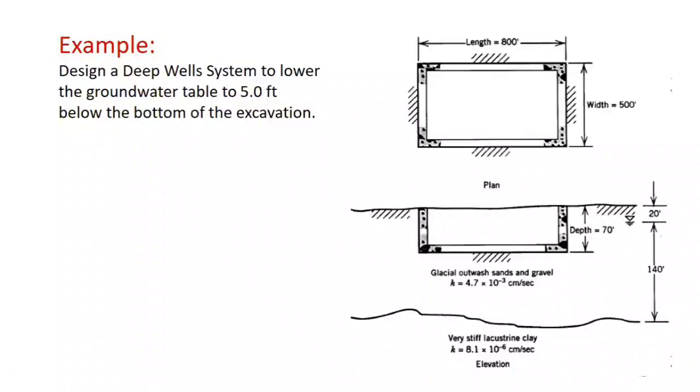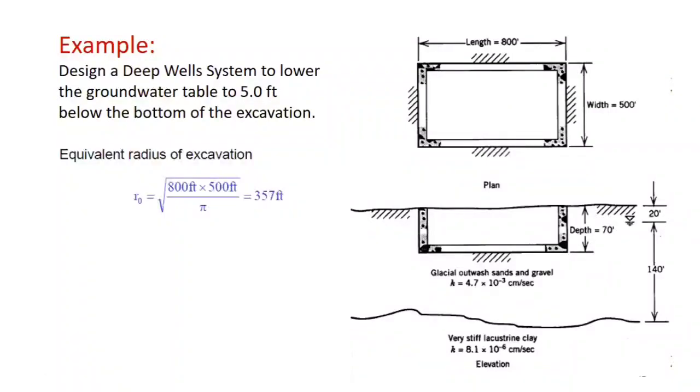So this is representing an unconfined aquifer situation. Okay. So let's see how to proceed with this problem. I'll read the example statement again. You have to design a deep well system. So the question is to design a deep well system to lower the groundwater table to 5 feet below the